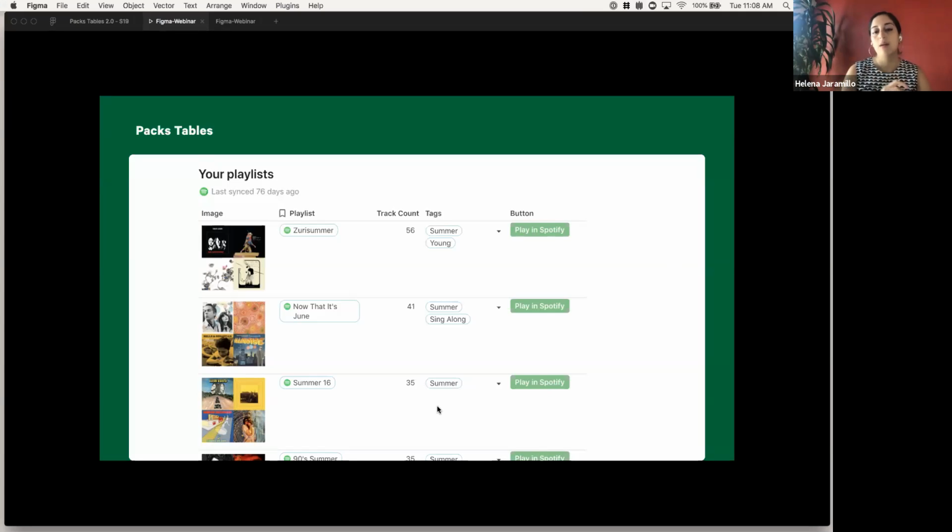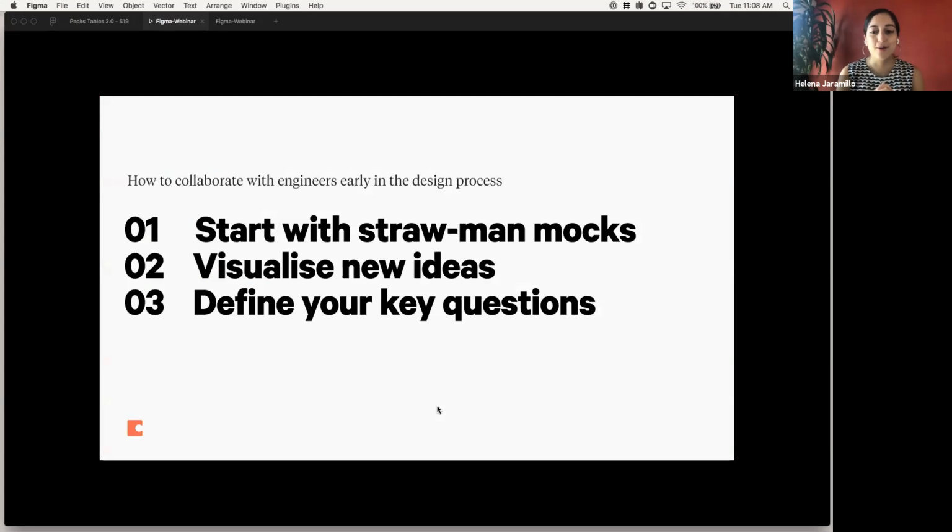So it can be my playlists from Spotify, my calendar events, and so on and so forth. With a feature like this, it was very technical because we were working with APIs from different apps, and we had to come up with a solution that was going to work across all of these different apps. Okay, so I'm going to talk through three things that we did to collaborate and come to a solution for this Packs Tables that we were building from scratch.